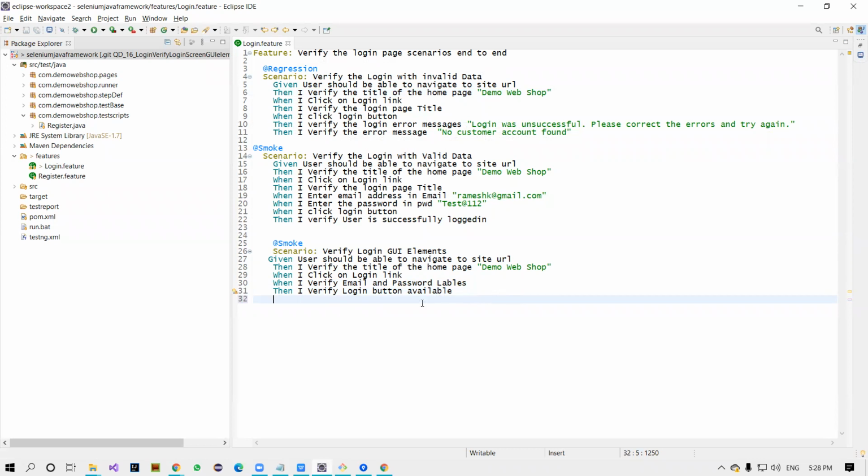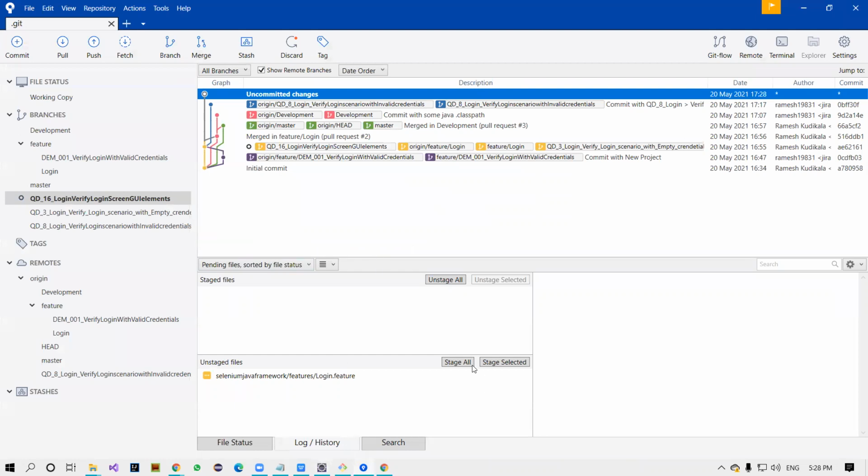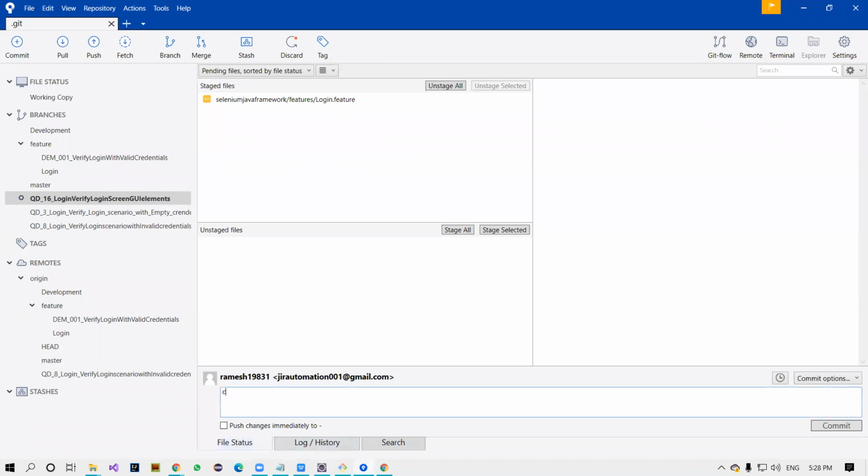But one of my teammates requires this code. So in that case, what happens here? You don't need to worry about that. They just coordinate with each other and try to check in this code. Check in with the partial amount of code to QD_16.